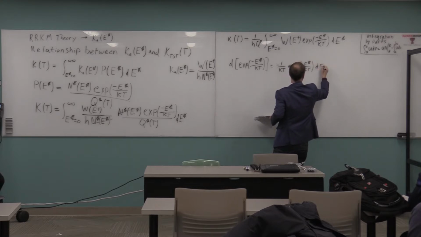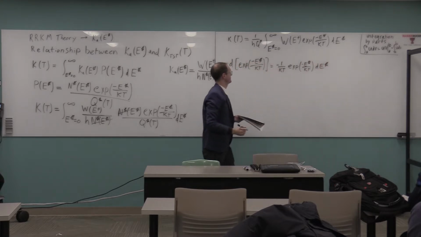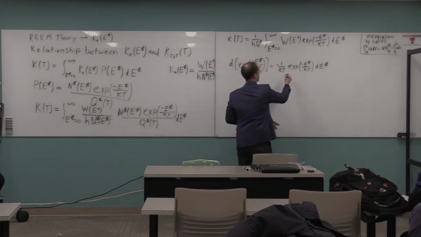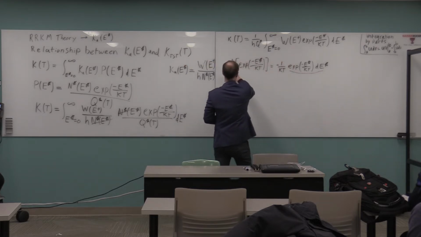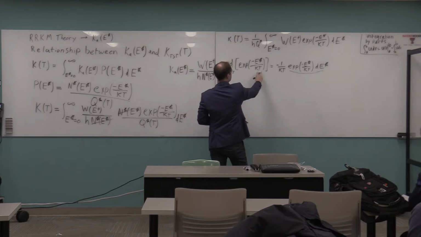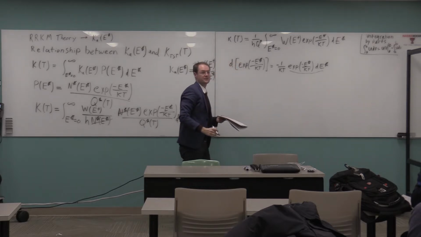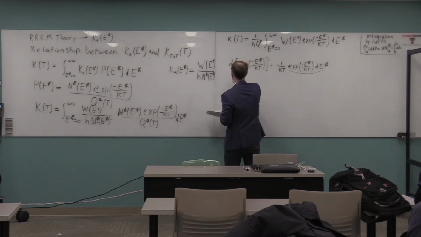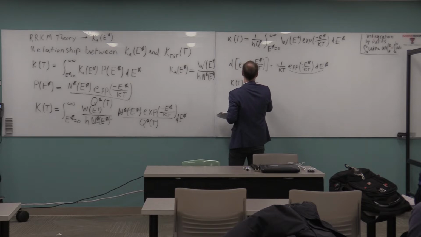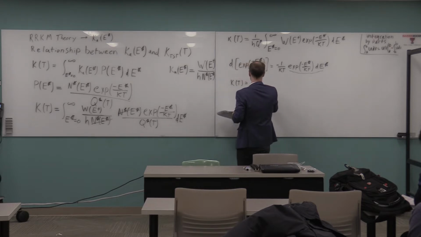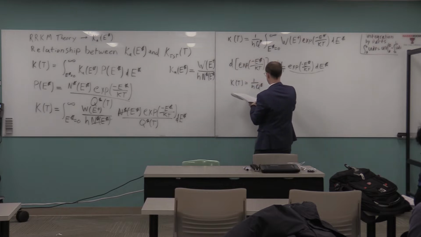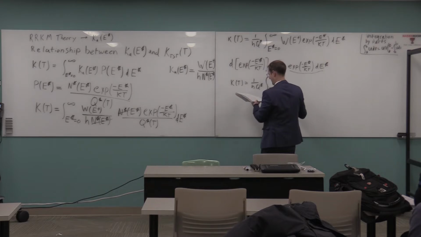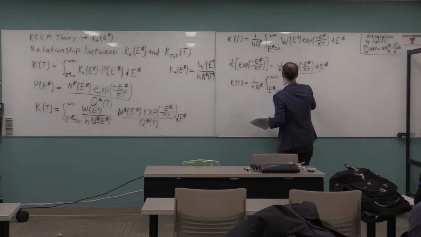Times dE star. And so this thing here is just equal to the differential of the exponential times minus kt. So if we substitute that in, kt equals 1 over h q star times the integral of w of e plus